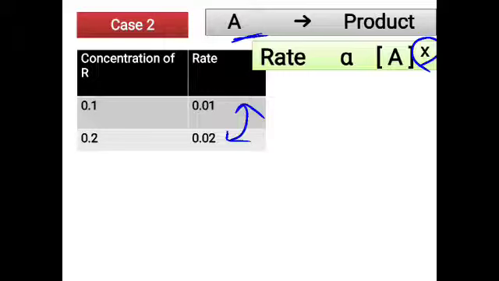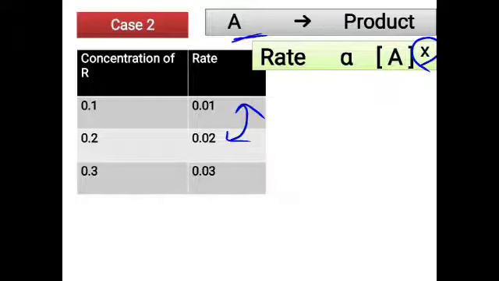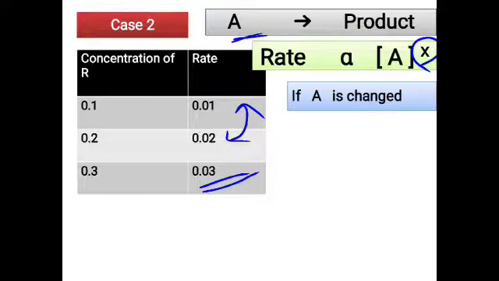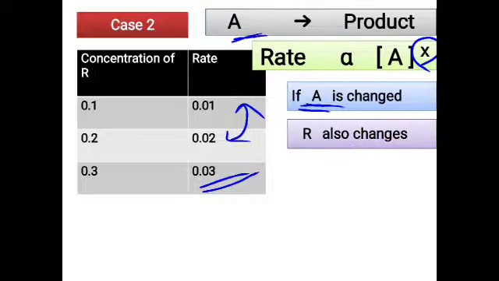So now they made it 3 times more than the initial one. It was taken as 0.3. So when this was taken as the concentration of the reactant and the rate was measured, they again found that the rate is becoming 3 times. So what you find over here is, as you keep changing the concentration of the reactant, that is the A value, the rate is also getting changed.